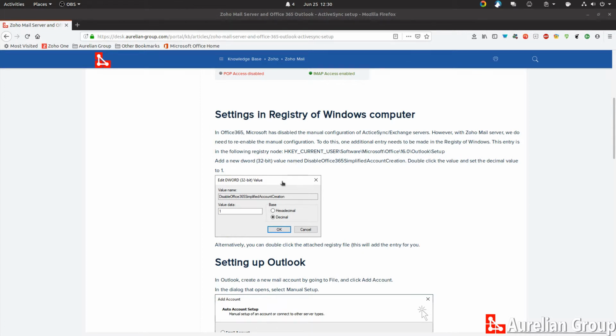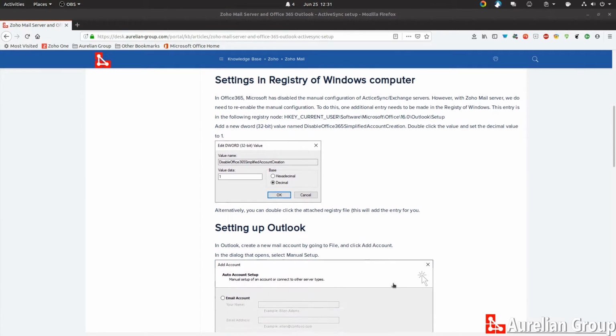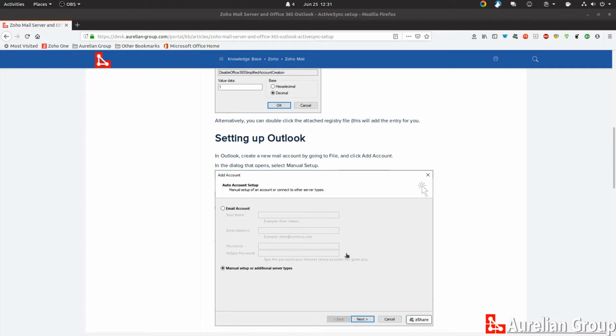Standard Microsoft has disabled the manual configuration for ActiveSync in Exchange servers. That is a great idea if you use a Microsoft Exchange server, because it just means you have to enter your email address and the system will do the rest itself. Great. But if you're using Zoho Mail or any other server that also uses ActiveSync, that tends not to work. So by adding this entry in your registry, it goes back to the original setup for Outlook, which looks like this. And for those of you that set it up before in previous versions, you'll recognize it,